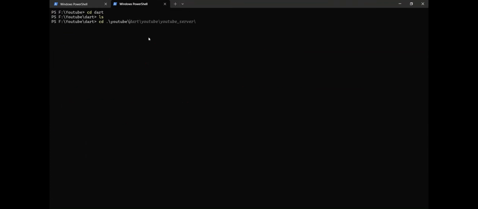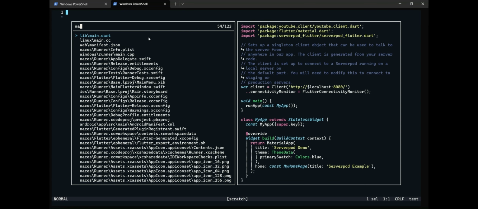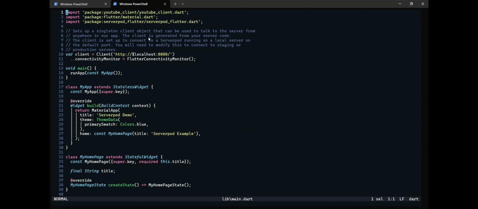Now, we will work on the Flutter part of things. Here we will define our UI. Display all the to-dos. Create a new to-do. Delete a to-do. These are all the 3 APIs we have created in our server.